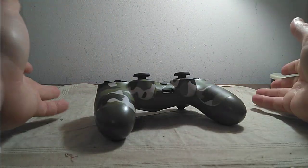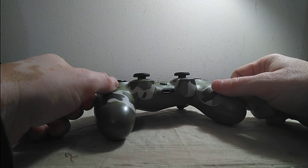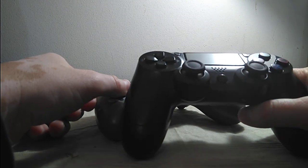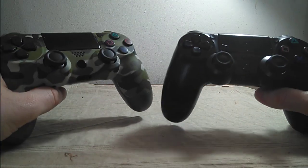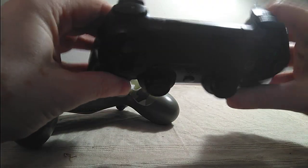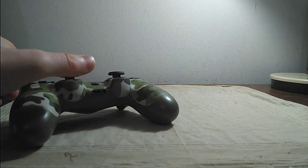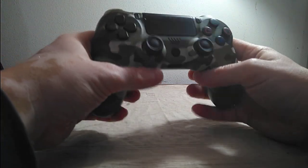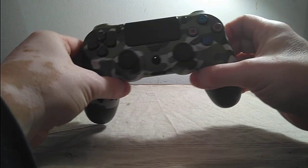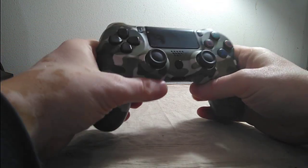I've done the Lrego. I've also done the wired DualShock controller, which is pretty similar. The only difference is that the wired one, despite looking like a wireless one, needs to be attached through your USB to work. But that's not the focus. The focus is the actual DualShock 4, the quote-unquote legit DualShock 4, which is the unofficial